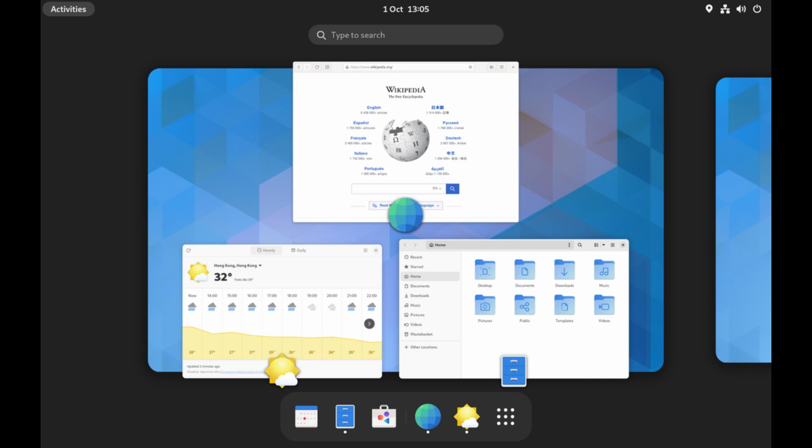GNOME addresses computer accessibility issues by using the Accessibility Toolkit (ATK) application programming interface, which allows enhancing user experience by using special input methods and speech synthesis and speech recognition software. Particular utilities are registered with ATK using Assistive Technology Service Provider Interface (AT-SPI) and become globally used throughout the desktop. Several assistive technology providers, including Orca Screen Reader and Dasher Input Method, were developed specifically for use with GNOME.